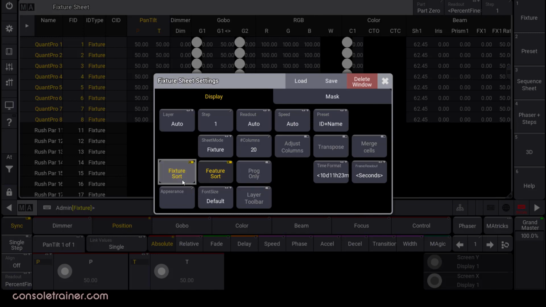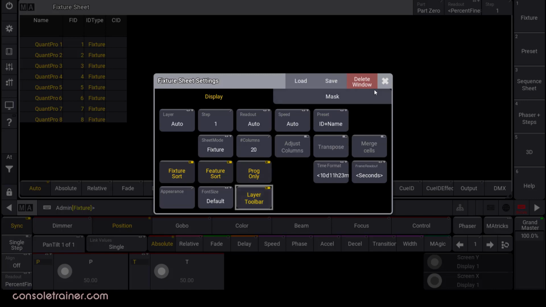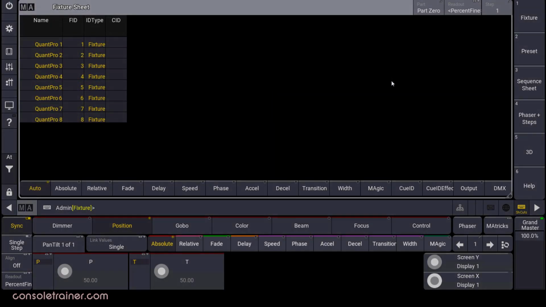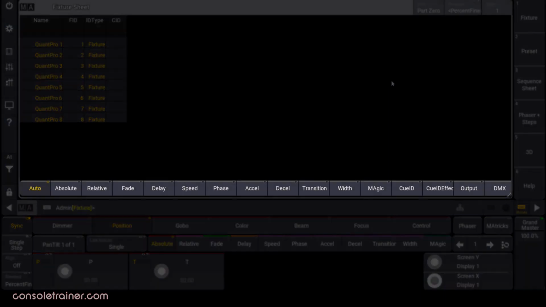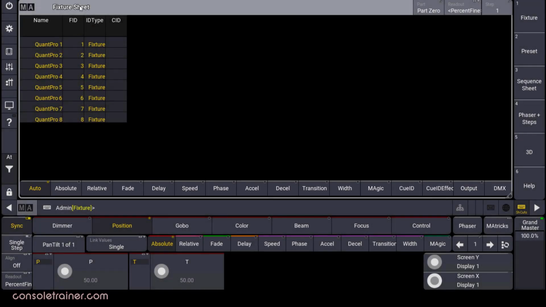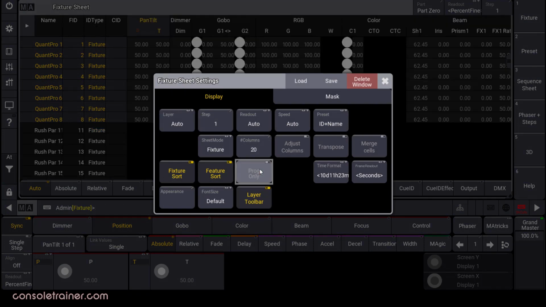Obviously, any of the changes that you make in here can be stored as your selections if you save this as a view. Like, I'll almost always want a view with a version of the fixture sheet that is programmer only, and I also want to have the layer toolbar available. I'm sure that you've already noticed the layer bar built into the encoder bar, but the layer toolbar in the fixture sheet has more options like output, DMX, and QID, which I think is imperative to be able to check when you're running multiple sequences and need to see what queue is controlling what.